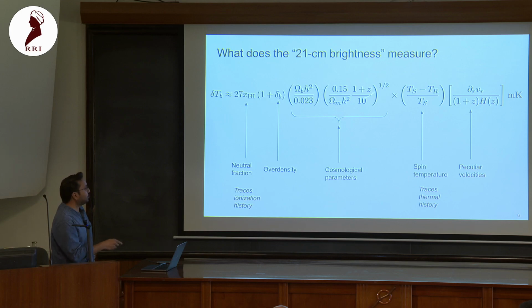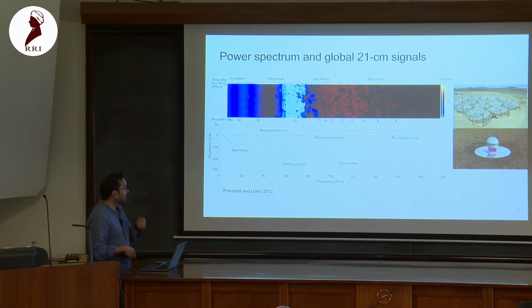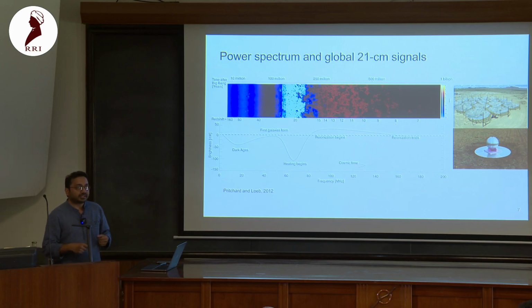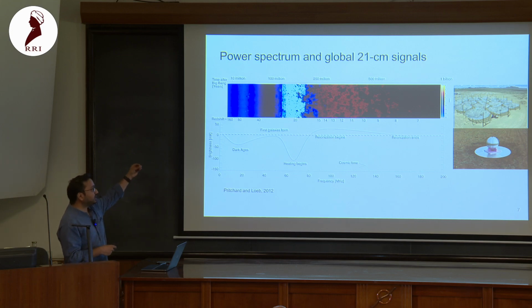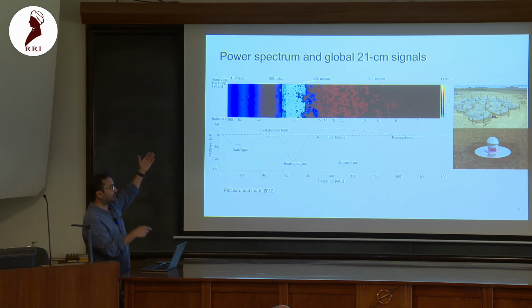So these are the two very important parameters that we'll touch upon later in the talk. Now the question is, how do we measure this? And there are various ways. Fundamentally, what we are trying to do is to measure a field, and this field is basically the brightness temperature field. So we are looking at intensity of 21 centimeter radiation at different times. So all these vertical slices are basically different times corresponding to different redshifts or time.